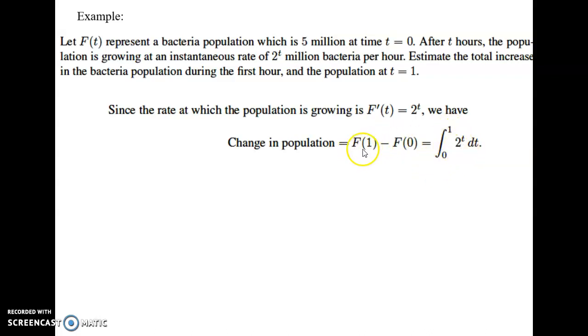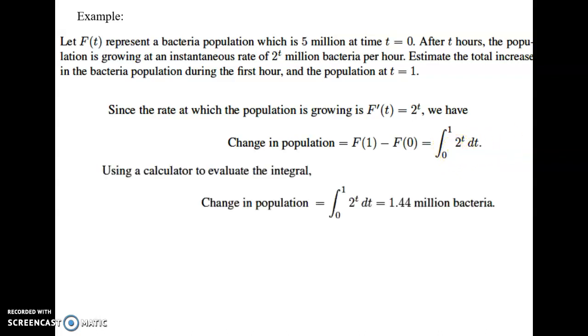Remember, the antiderivative at 1 minus the antiderivative at 0 is simply the definite integral. Using the calculator to evaluate the integral, we could say, what is the integral from 0 to 1 of 2 to the t dt? And I got 1.44 million bacteria. So that would be this portion right here. We knew that f of 0 was equal to 5 because they said the population